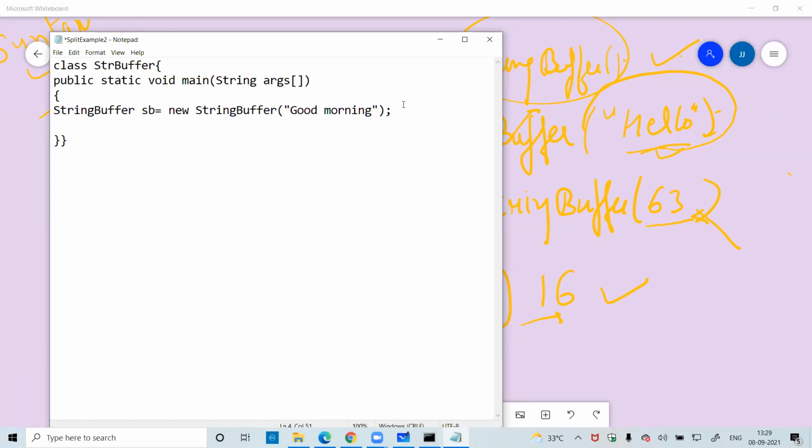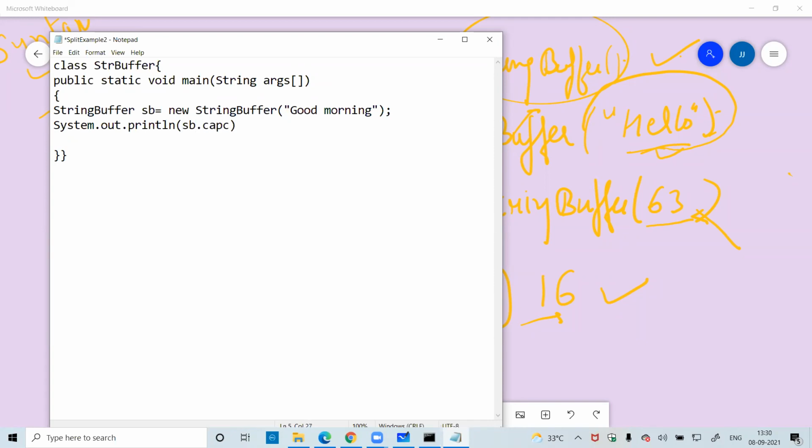Now let's display: System.out.println, and within that I am going to write sb.capacity.